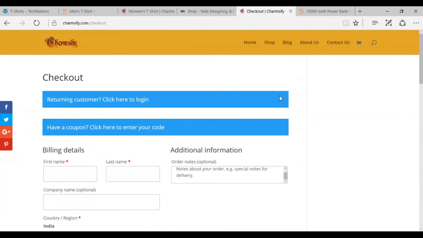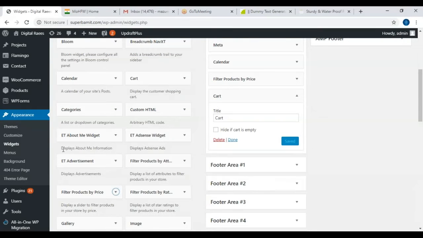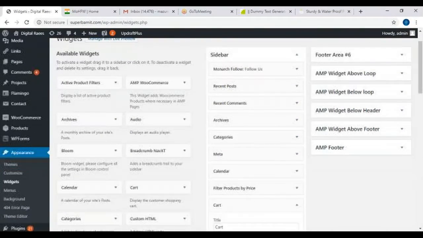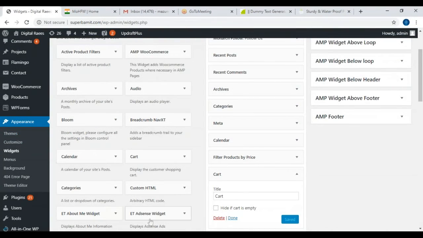So we have to insert the payment gateway now. If payment gateway is there, then job done for your e-commerce website. For putting payment gateway, we are having different options.